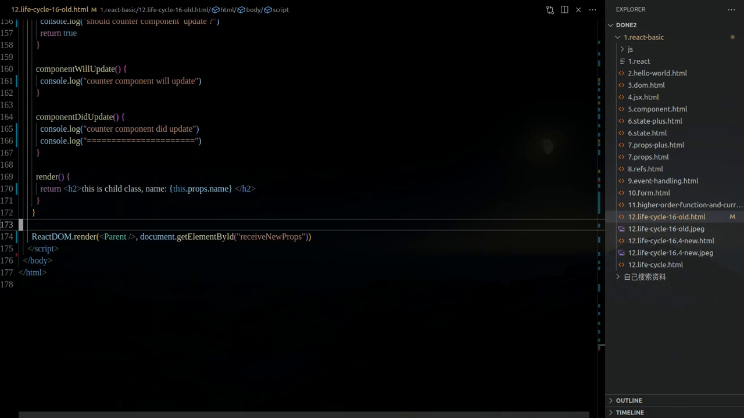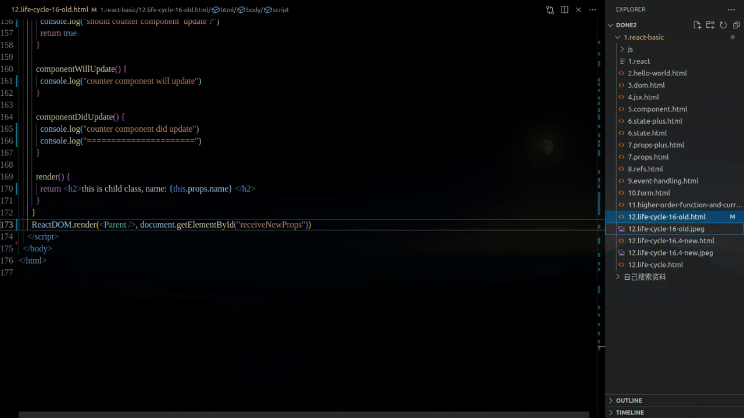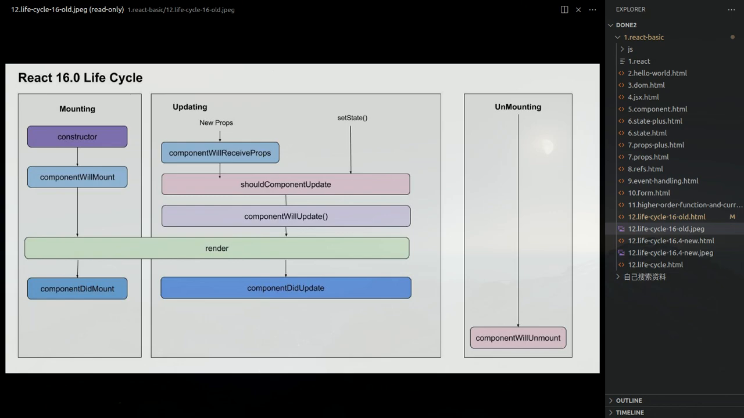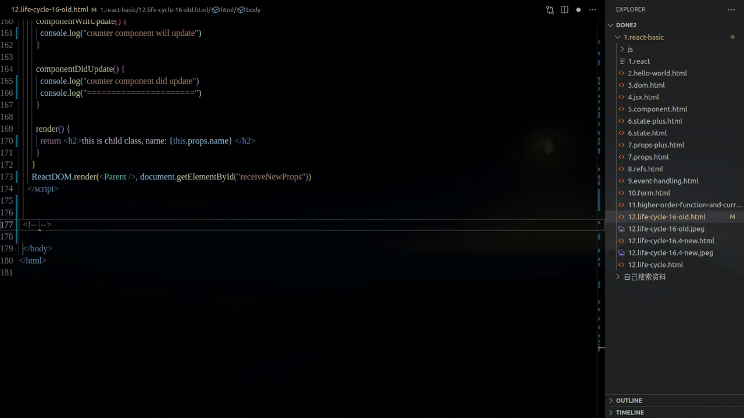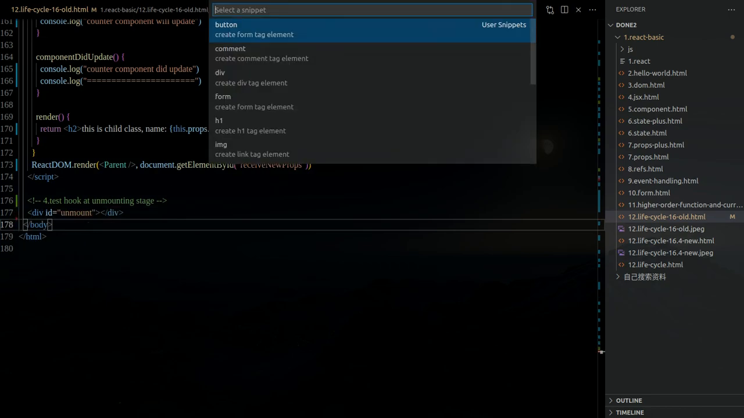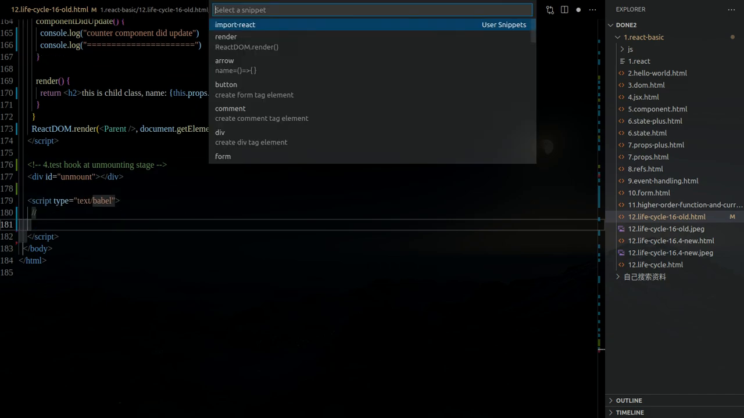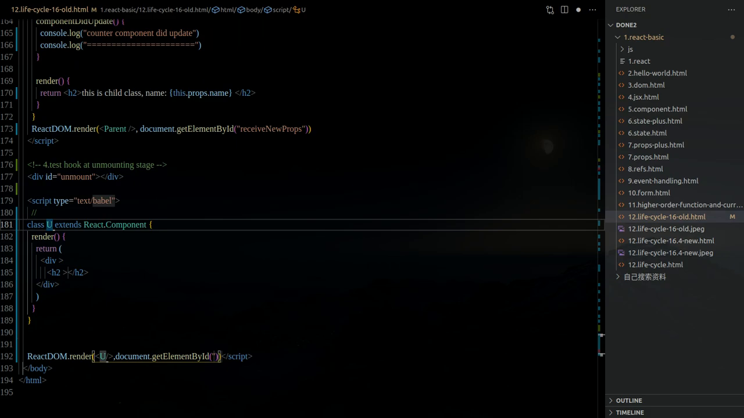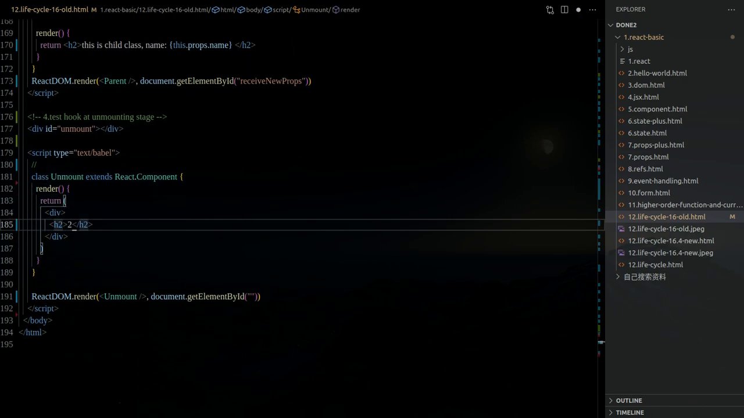So last thing is unmounting stage, right? We have already used this before. It's called componentWillUnmount, right? So test hook at unmounting stage. So def unmount, strict, React class, unmount, right? So for unmount this component,